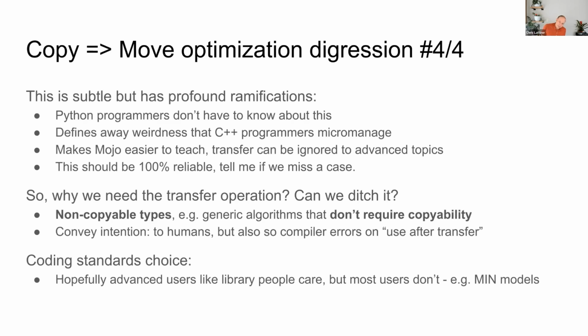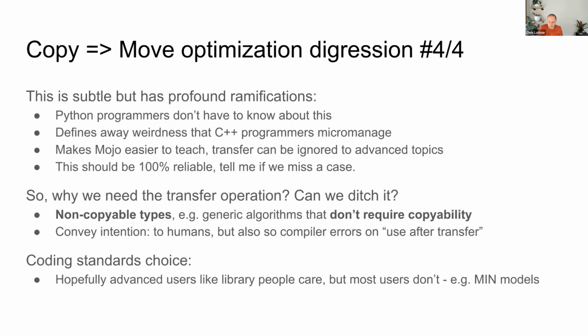The flip side of this is that if you're a standard library person, if you're writing generic algorithms, your generic algorithm doesn't require copyability, which is a very important and useful thing to make things actually generic. That's where you do have to know about this. So if you're building an std::vector someday, we don't want it to require copyability. And so using transfers explicitly, the compiler will tell you if you do the wrong thing. It will tell you if it generates a copy and you can't do that. It will not tell you if it generates a copy and then optimizes it out. That's one of the things that's a little bit subtle, but if you think about it from a UX perspective,